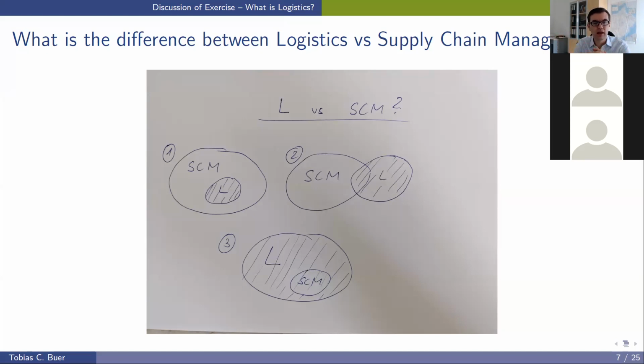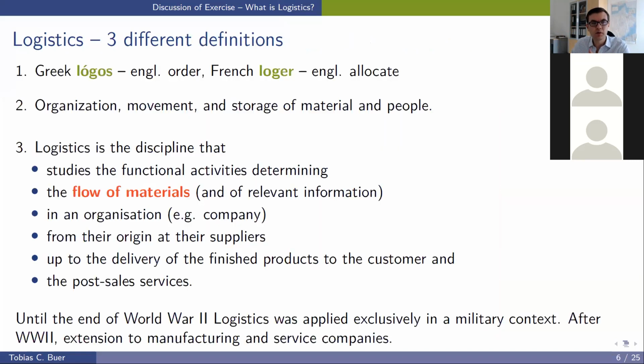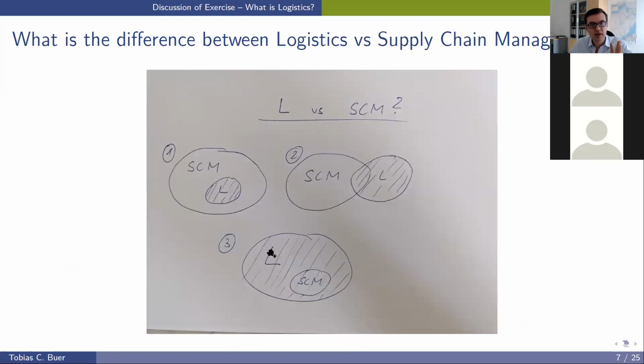Yeah. And again, depending on where you go, there might be different opinions about this, but as we said, and I think most of the students had the same opinion and the same spirit in their definition, logistics is about the flow of materials from an origin to a destination. And that's also what supply chain management is concerned with. So in my opinion, or this is the opinion we here at GeoTech follow, that supply chain activities are a part of all the logistics activities.